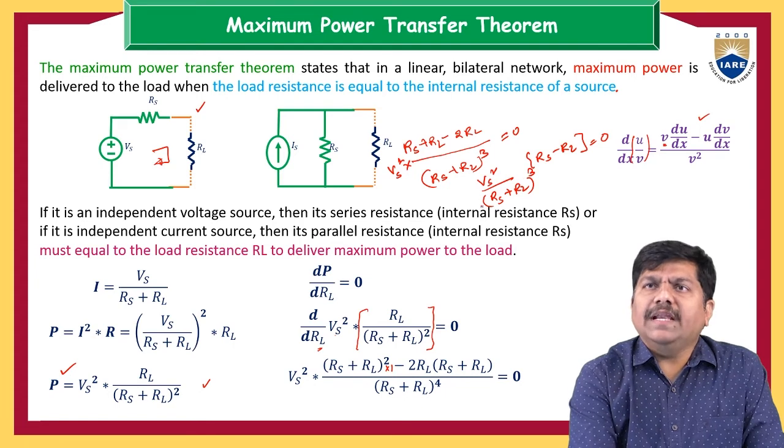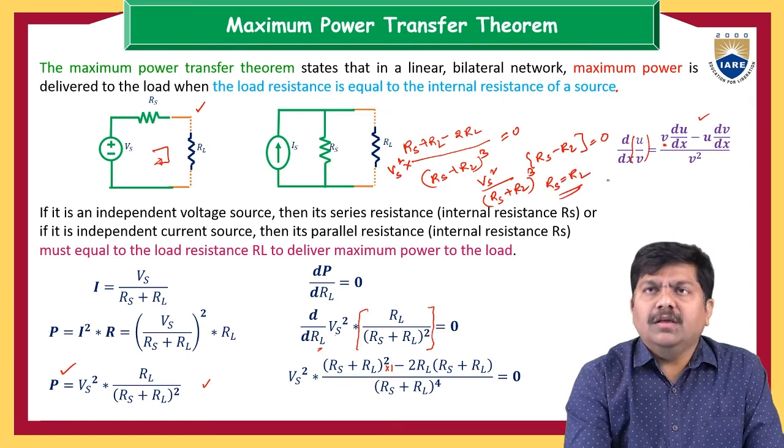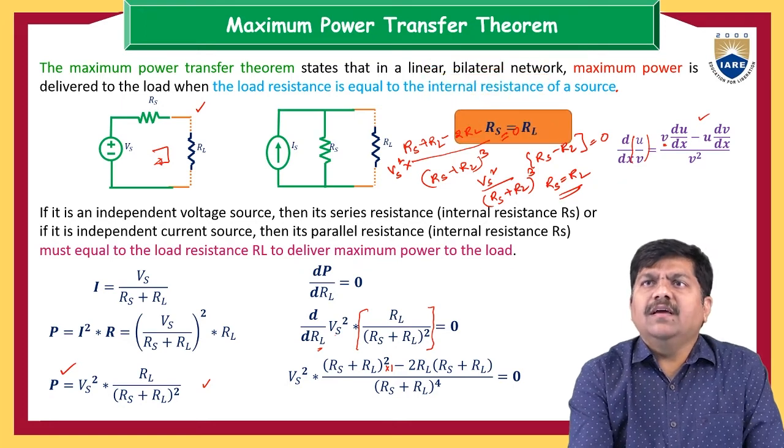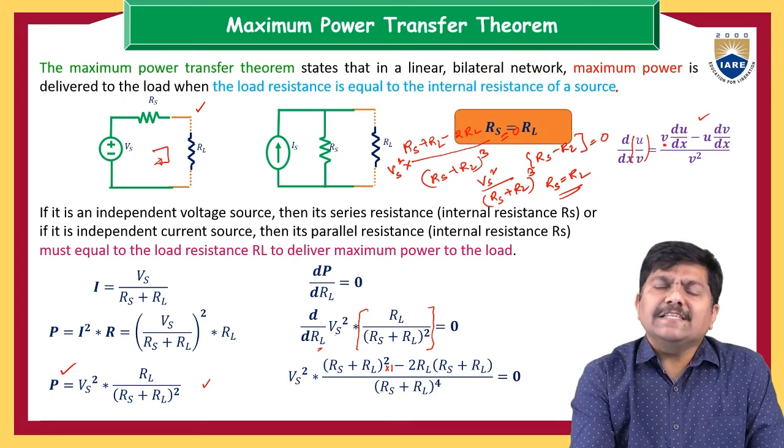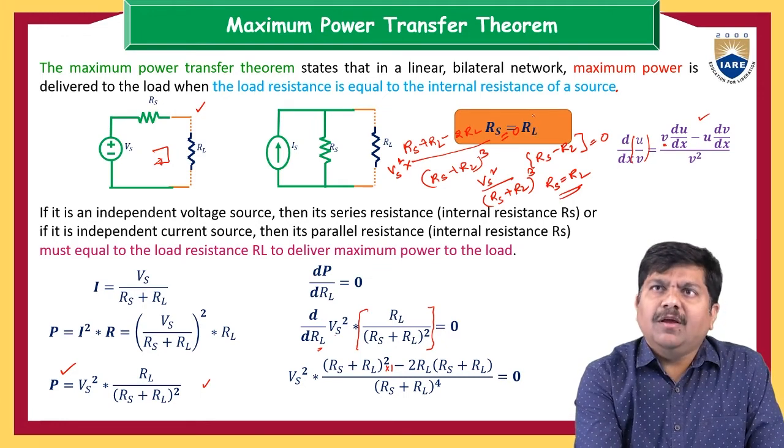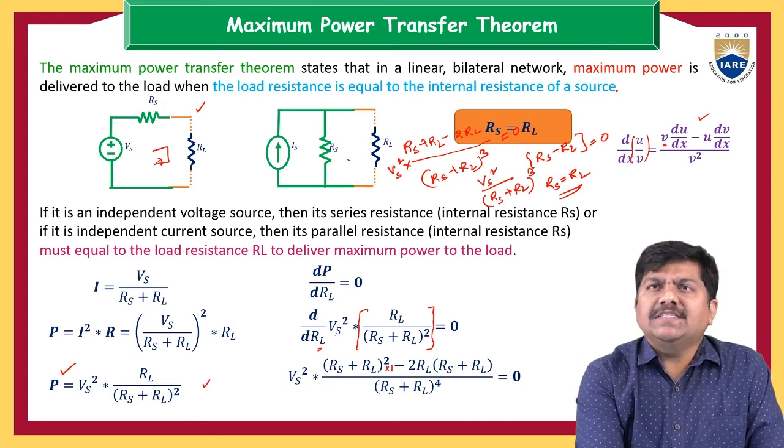Now if you are sending everything except this, when this total left side equation is equal to 0, that is only achievable when Rs is equal to RL. So that's what we can see here: Rs is equal to RL. So what is this condition here? Just now also we have discussed. Now this holds good. If this condition is met by the power, then the power would be maximum, that power which is transferable by the source to the load.